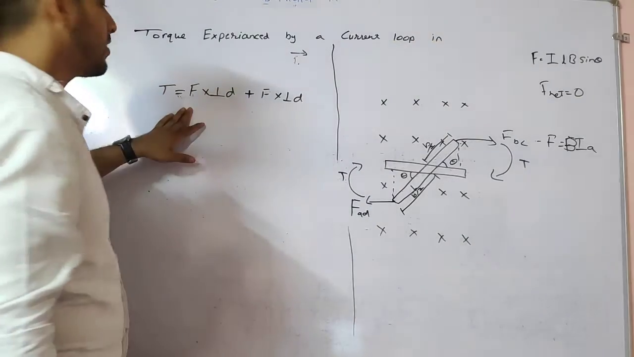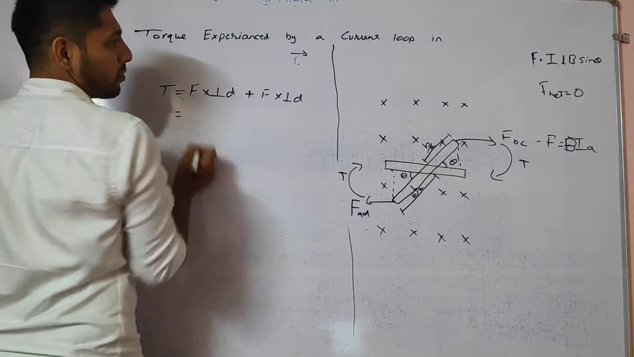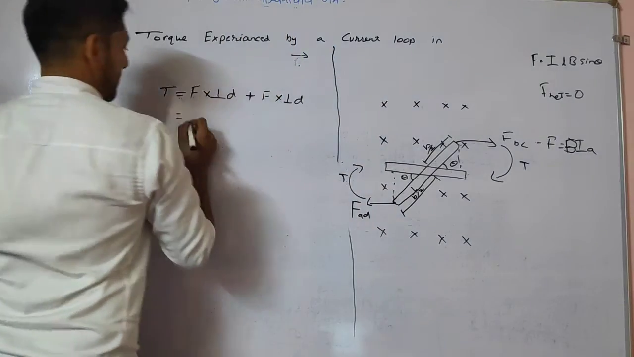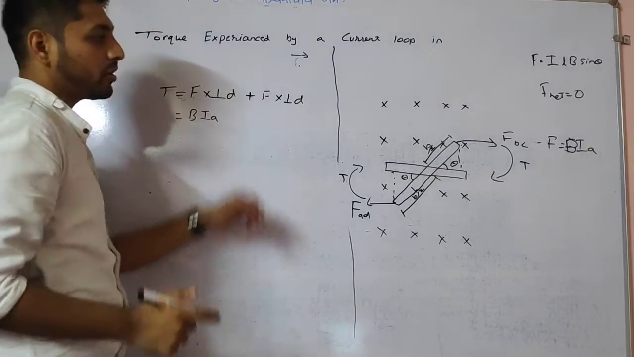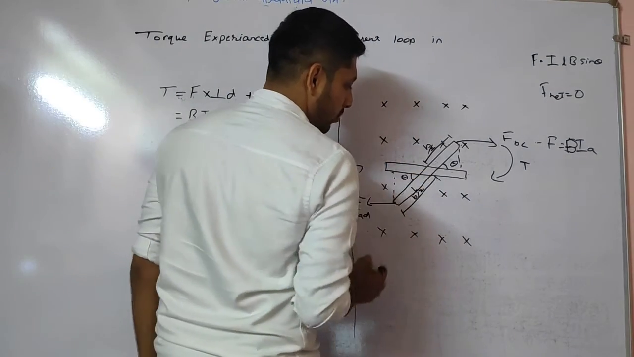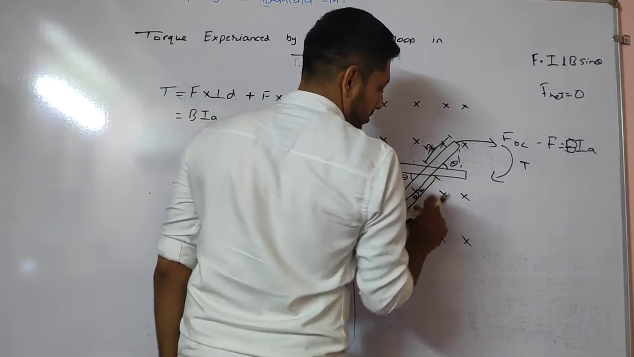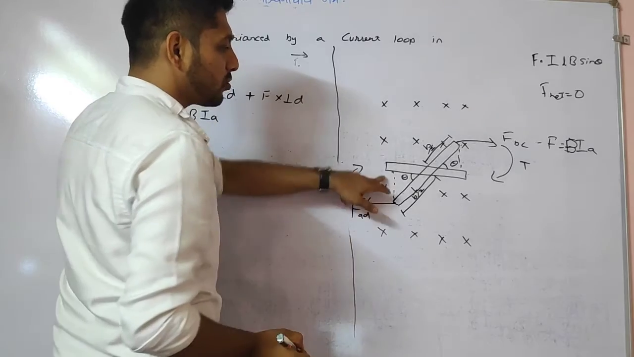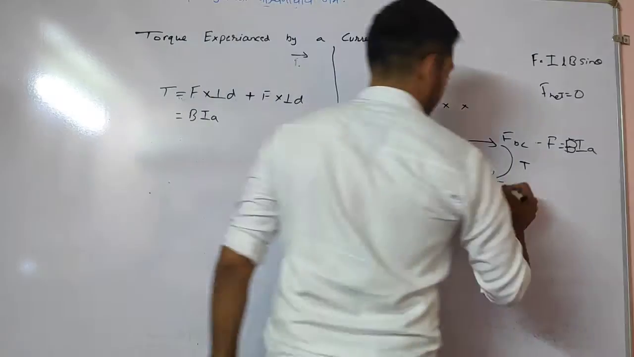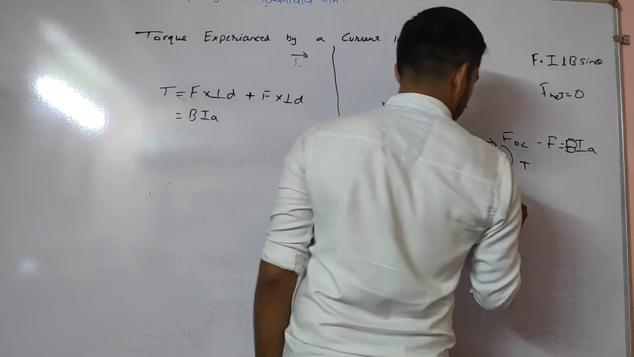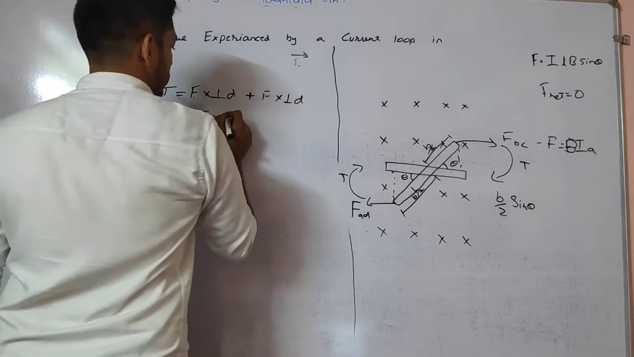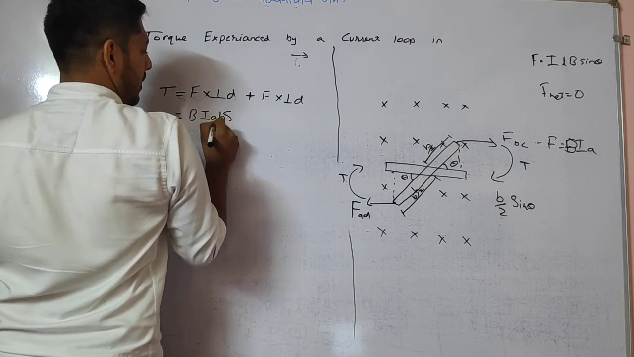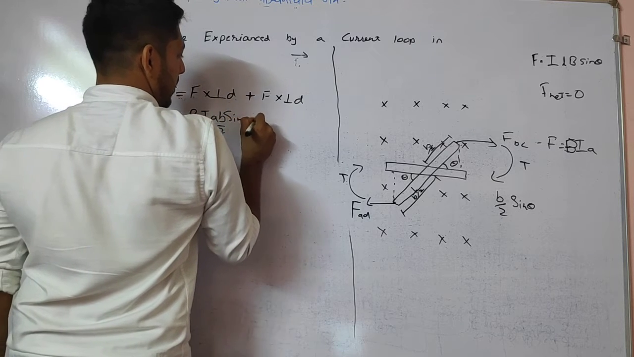So what is the value of force over here? Value of force is BIA. What is the perpendicular distance? Perpendicular distance is this. What is this? We have this hypotenuse as b by 2. Then this will be the sine theta. We can write this perpendicular distance as b by 2 sine theta. So here we'll write b by 2 sine theta plus